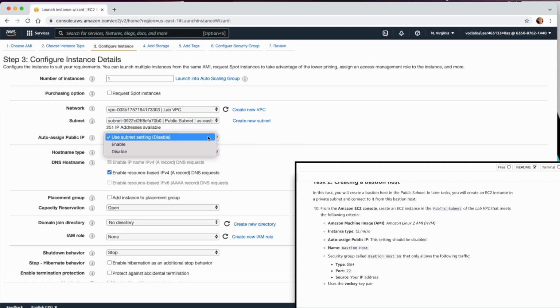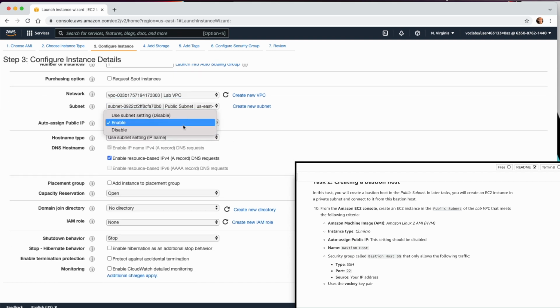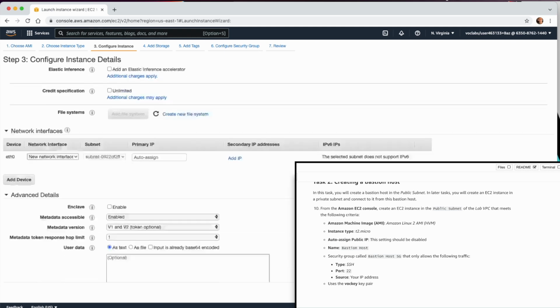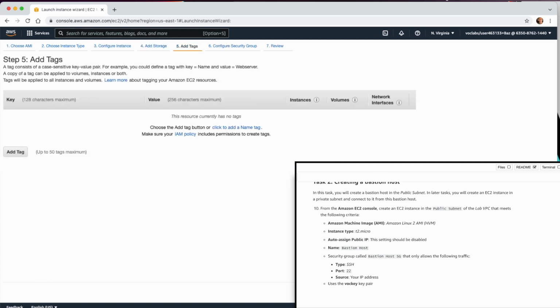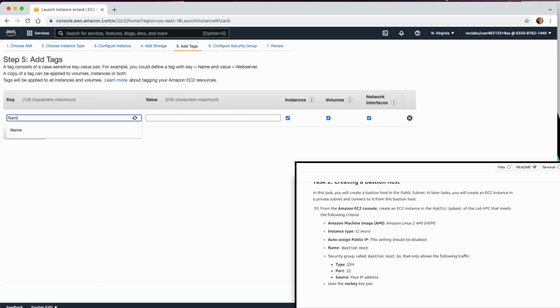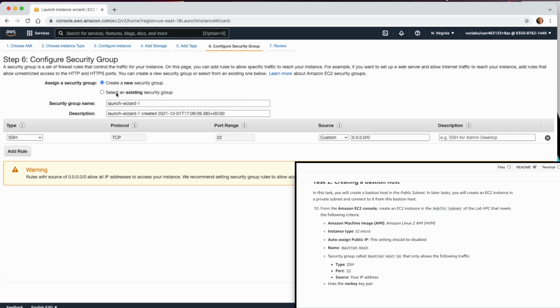And we need to later on give this machine an elastic IP, so I can just keep it enabled here. Now add a tag, and we will call this bastion host. Now in the security group, we want to create a security group for the bastion host, and we will call this bastion host SG. And this will allow TCP for port SSH 22 from anywhere, but I will select